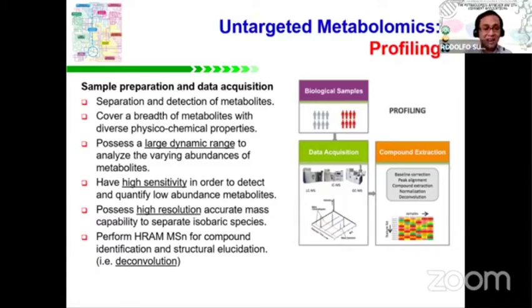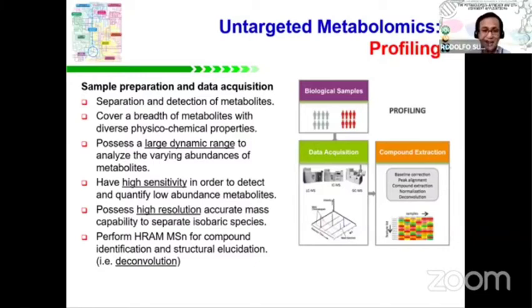And this is related to the next bullet, high sensitivity to detect or quantify low abundance metabolites. I'm not going to explain that. I already mentioned that moments ago. And lastly, your instrument must possess high resolution, accurate mass detection, or capability to separate isobaric species. Now, this is true for metabolomics because many metabolites are isobaric. Okay, so in order for you to be able to detect them or identify them, you need a high resolution